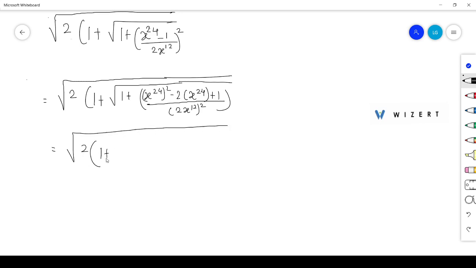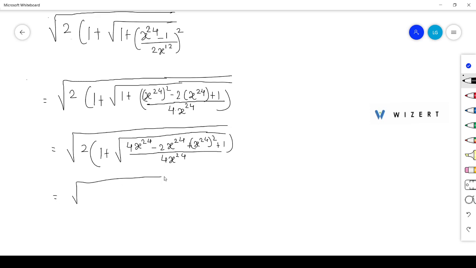2 times 1 plus square root of, LCM of this is 2 times x to the power 12, its square, it means 4x to the power 24. Okay, 4x to the power 24. Now the LCM is this, so multiply this, 4x to the power 24 minus 2 times x to the power 24 plus x to the power 24, its square, plus 1 divided by 4x to the power 24. Okay,